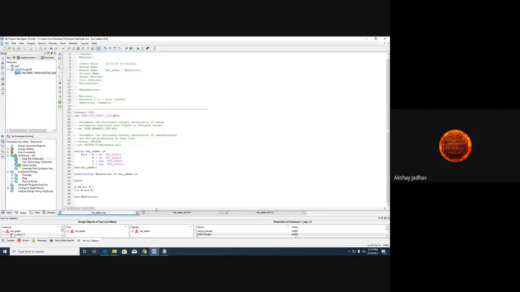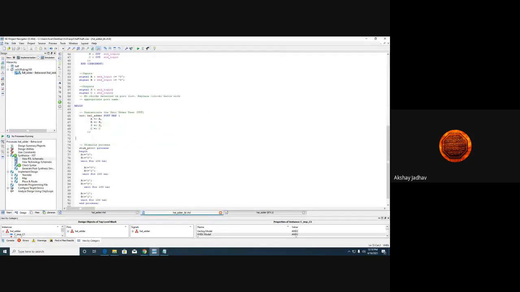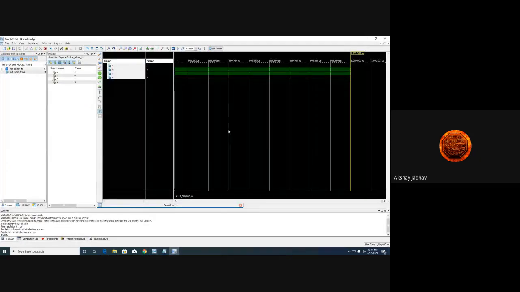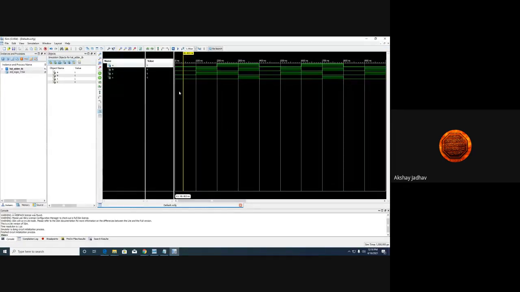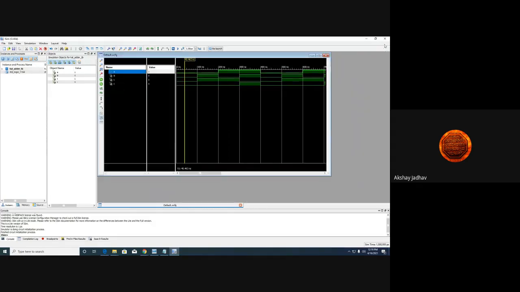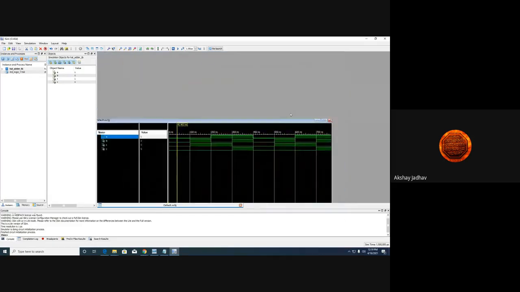Now what we want is the simulation. Once we go to the simulation, we will check the syntax. We already checked it. Now what I am going to do is double click on this, and now our simulation will come in front of us. Now you can see, and once we click on this particular option, we'll get the simulation waveform. I don't know whether the waveforms are visible to you all, everyone.